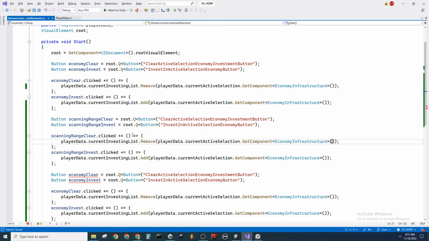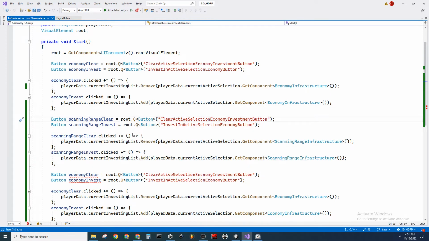This component needs to be scanning range infrastructure. Or is it scanning radius? Oh, wait, that's correct. Yeah, that's correct. And then make sure we name